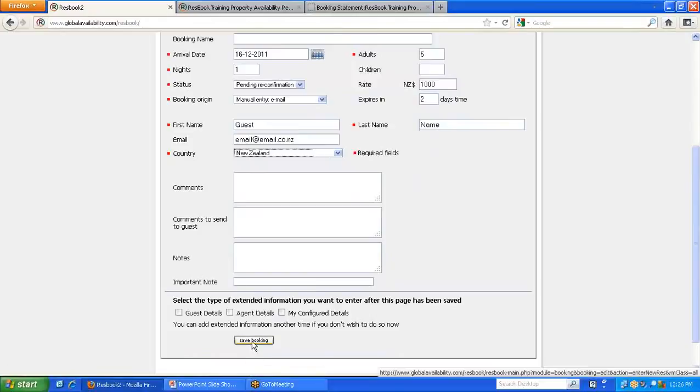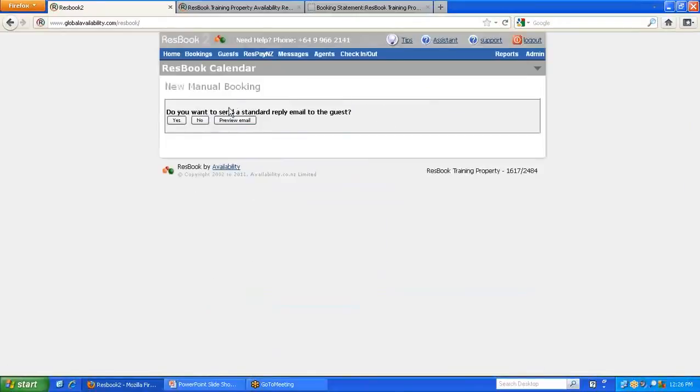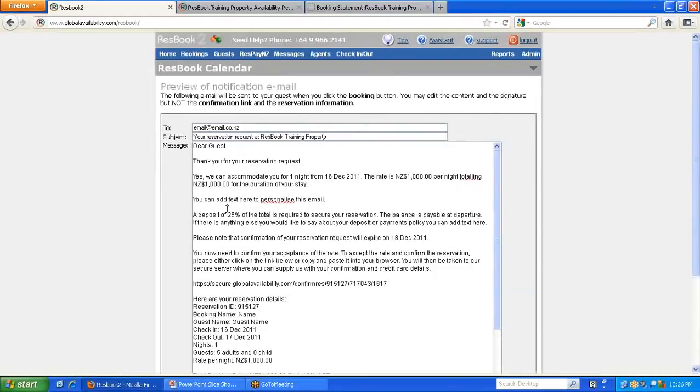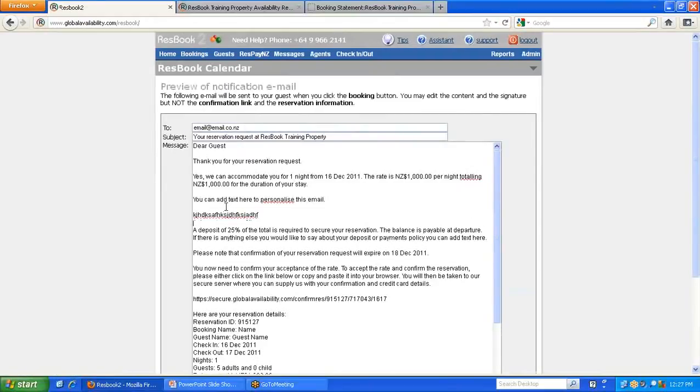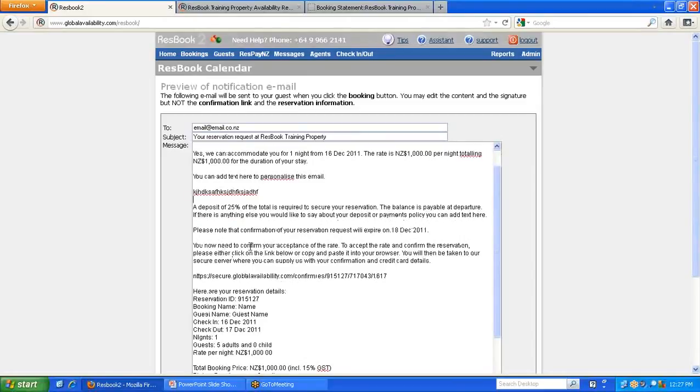So clicking on Save Booking in this case is going to ask us, do we want to send the standard reply email? Clicking on Preview, you can notice that we can add to these emails at this point if we want, and this is standard reply 2 saying thank you, yes we can accommodate you, but you now need to confirm your acceptance of the rate and provide us with your credit card details,